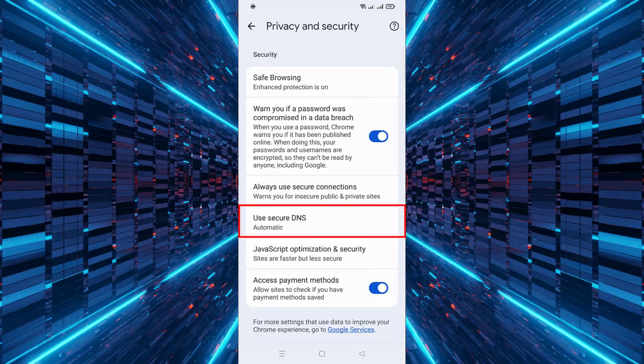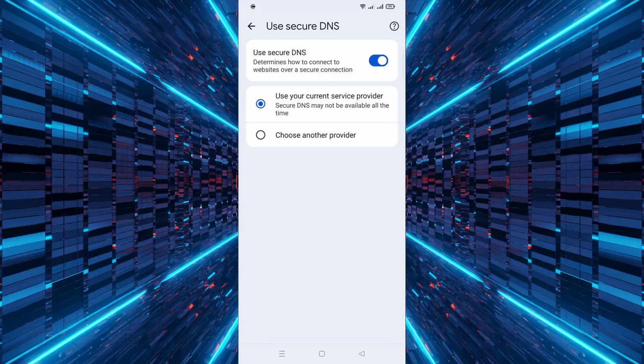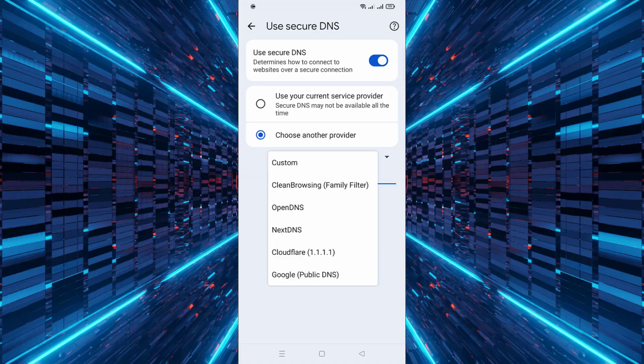Next, find and click on Use Secure DNS to start configuring your DNS settings. Then, choose the option that says Choose another provider. After selecting that, click on Custom to enter your own preferred DNS provider. You can now pick a provider from the list or type in the one you want to use for better